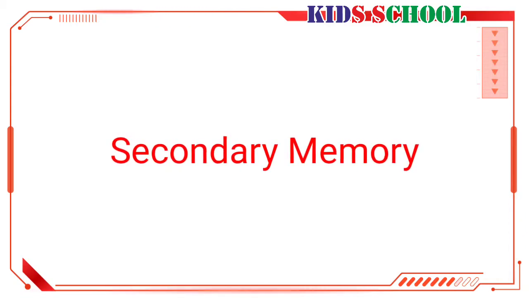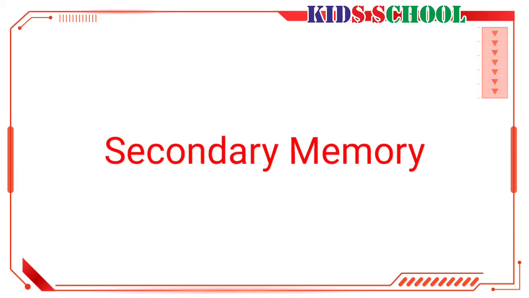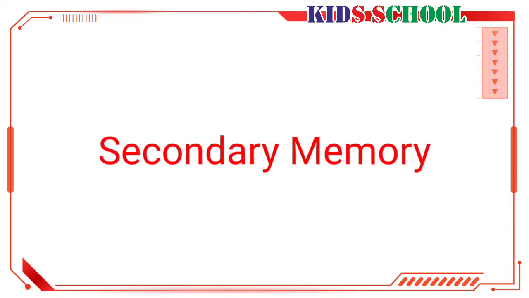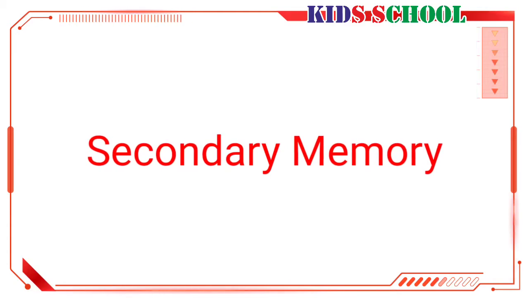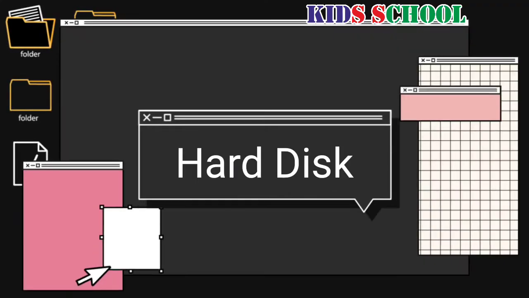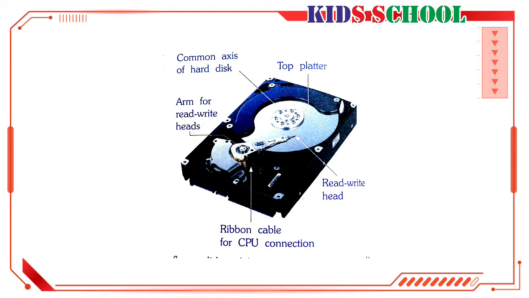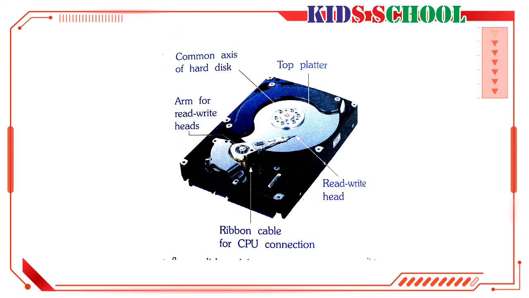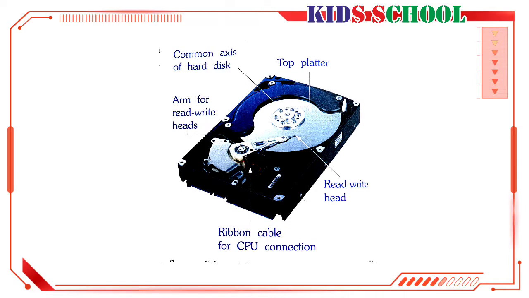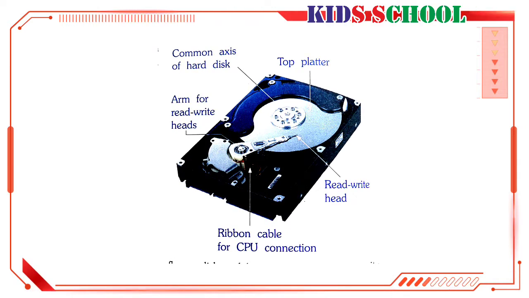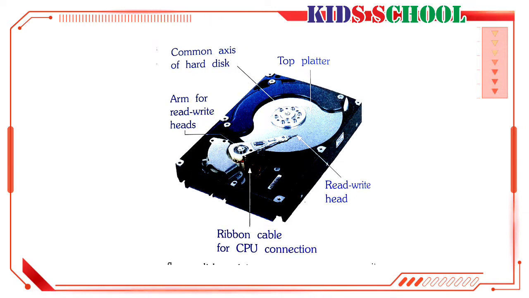Dear students, there are 4 kinds of external storage devices for secondary memory: hard disk, CD, DVD and USB flash drive. Hard disk. Dear students, the hard disk is a small magnetic disk enclosed in a sealed box called the hard drive. The hard drive is inside the CPU box. A computer can read from or write on the hard disk.